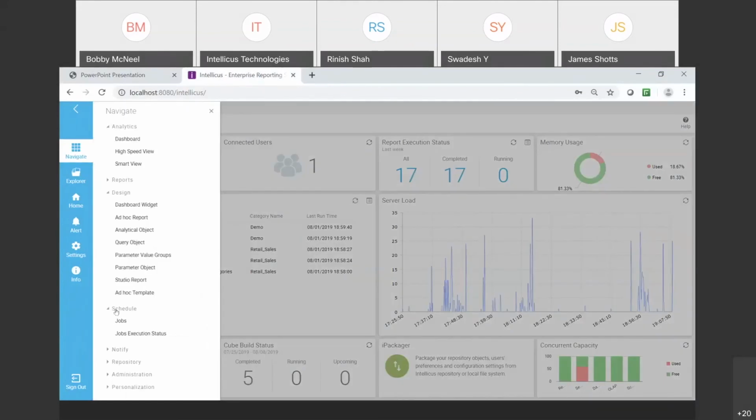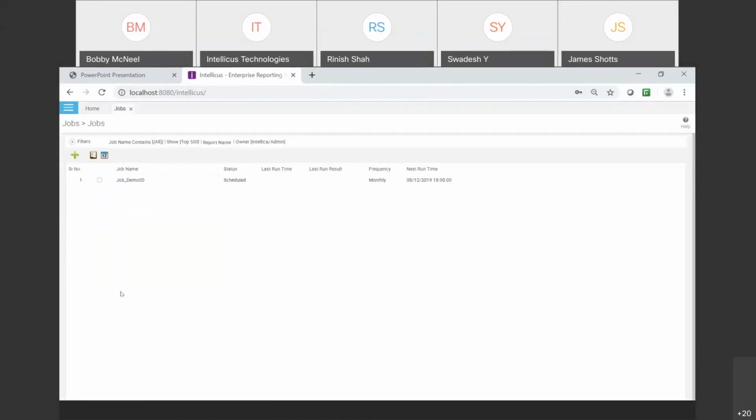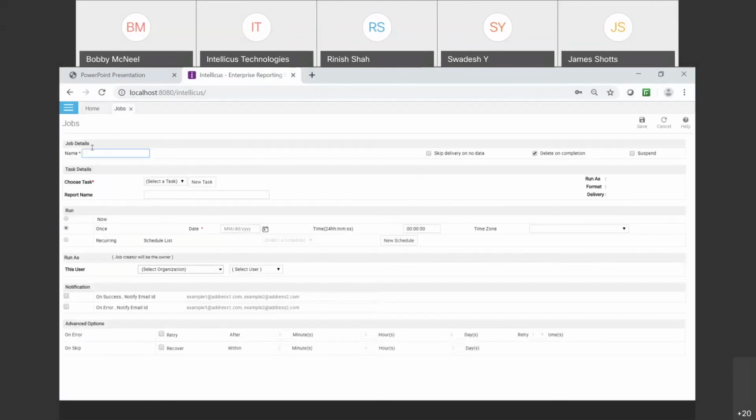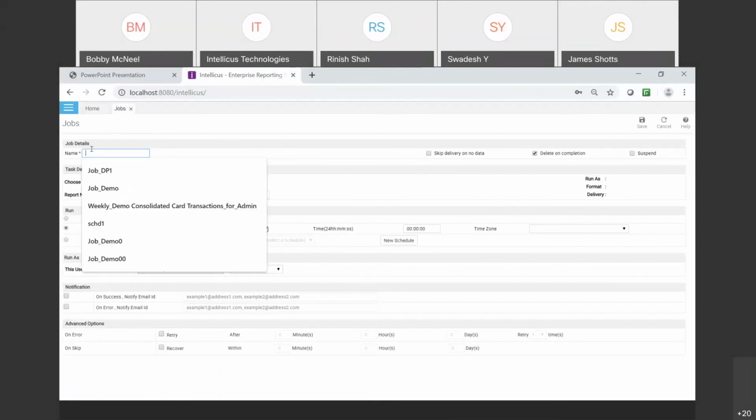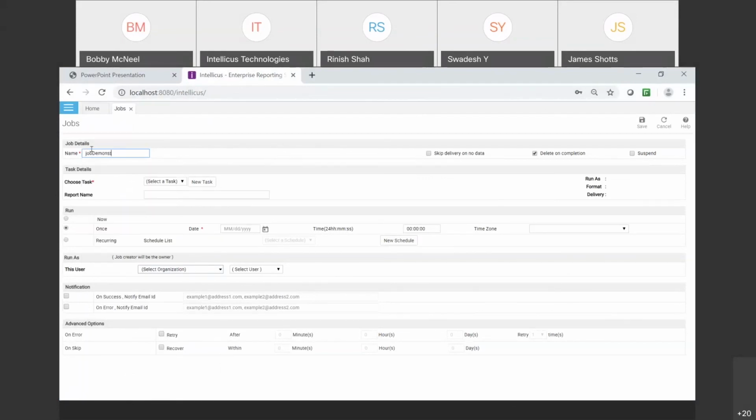Let's proceed to batch scheduling. For that, click on the burger icon. From Navigate, select Schedule. Under Schedule, you'll be getting the option Jobs. Click on the plus sign to create a new job. You may name this job as suitable to you. Say Job